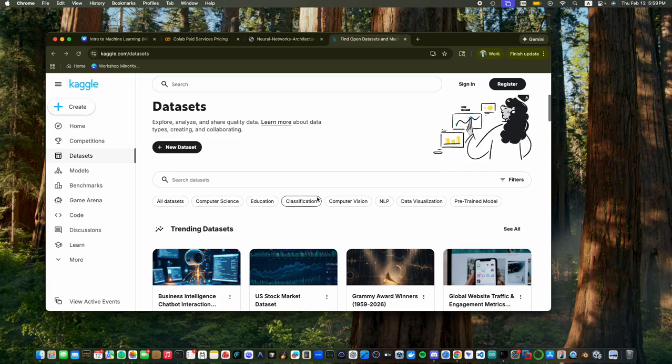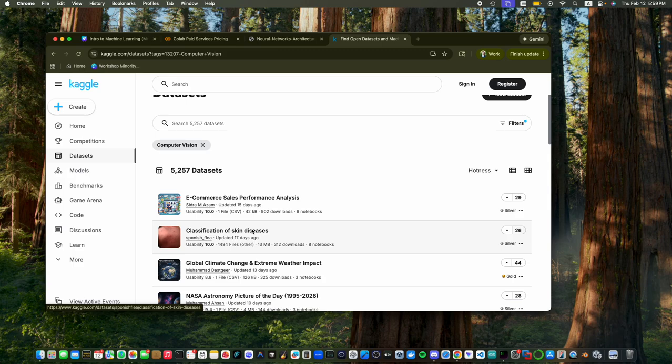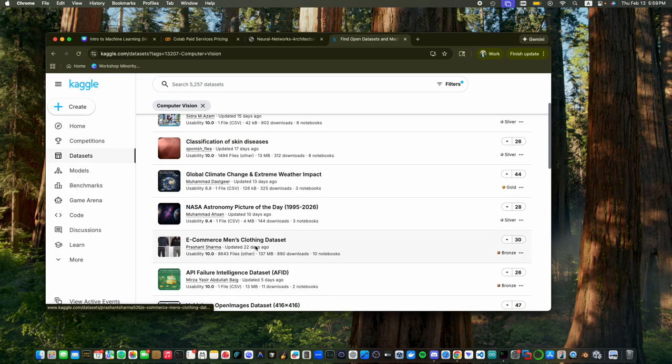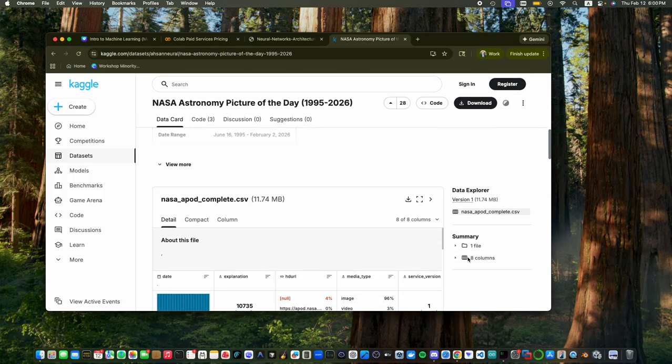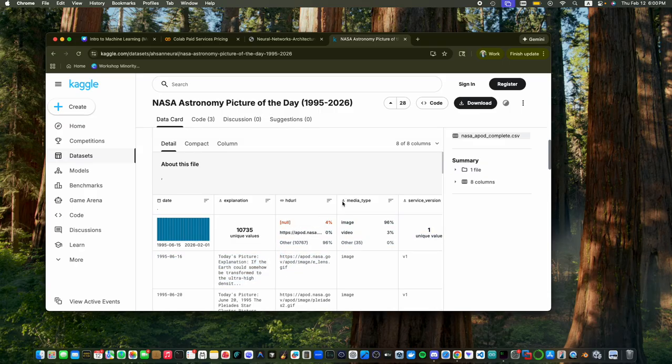Or let's say you want to do something with computer vision, because we're a computer vision school. Classification of skin diseases. Let's say you're a medical student and you want to enhance your portfolio. You can show that you can use machine learning to classify skin diseases. Or let's say you're in e-commerce and for some reason you want to predict men's clothing. Don't ask me. You can swipe this data. It'll probably be a bunch of images, but most of these actually have real images. For example, the most famous one is, I think, cat versus dog. This is actually the one that I started on.